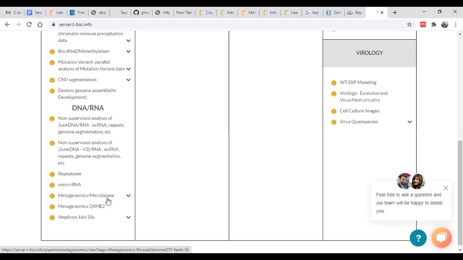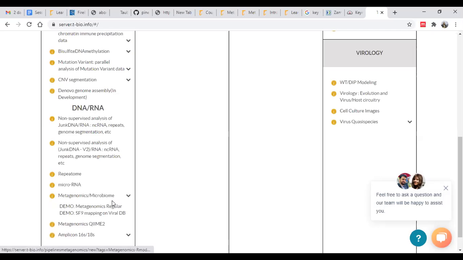Usually, once we complete a lecture, we give you an assignment to complete a particular course. Under those courses, you always find assignments. Here you will find this drop down. If you click on this drop down, the first pipeline that we are going to run is demo metagenomics regular.